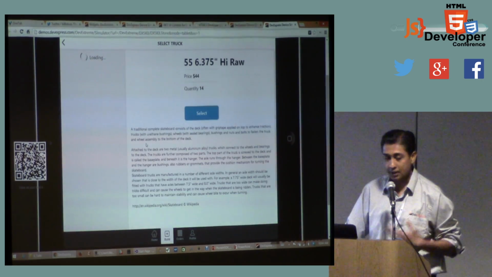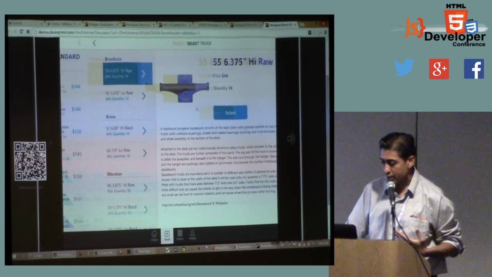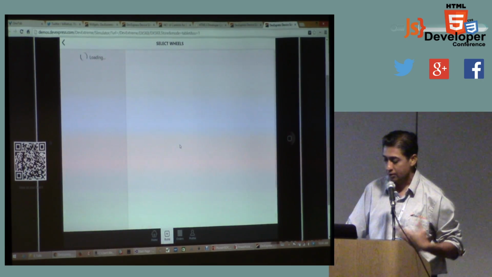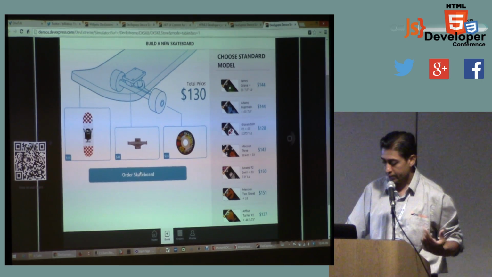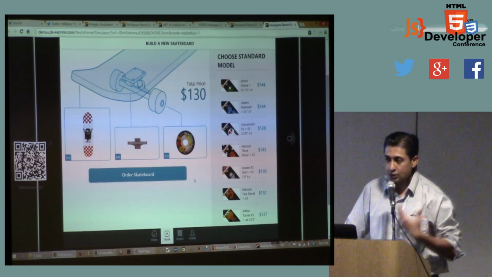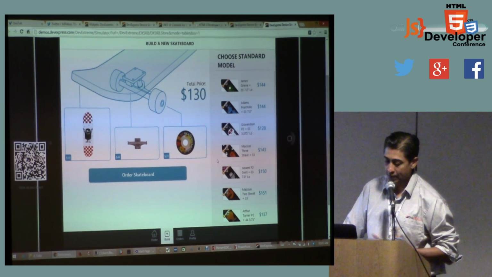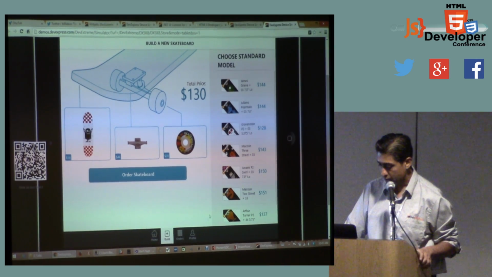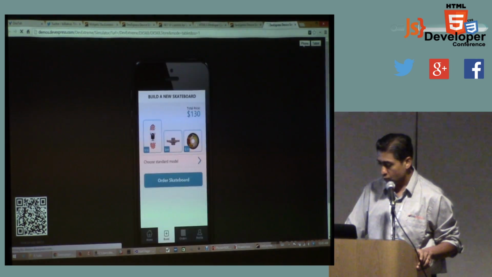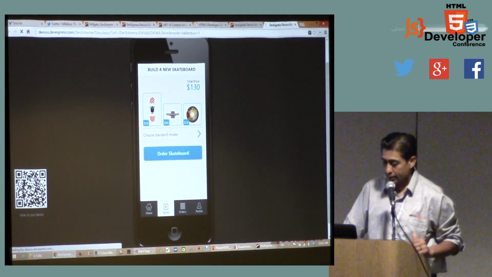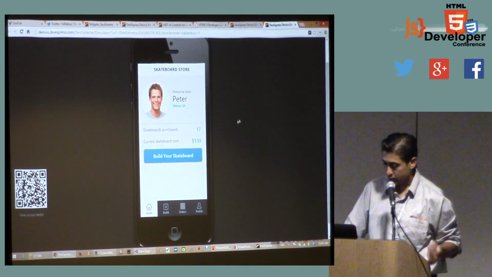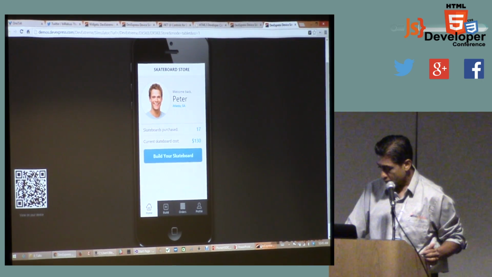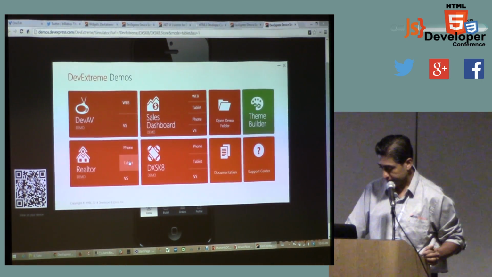You have a product that can build an order, and what's great about this system is it's beautiful. All these transitions that you're seeing are built right in, and what's useful is that you can do everything that you can do on a native mobile app, such as notifications and all that good stuff. Now, you can have the same app appear for an iPhone as well, or an Android, and all that good stuff. Now, I'll show you one last piece of thing.